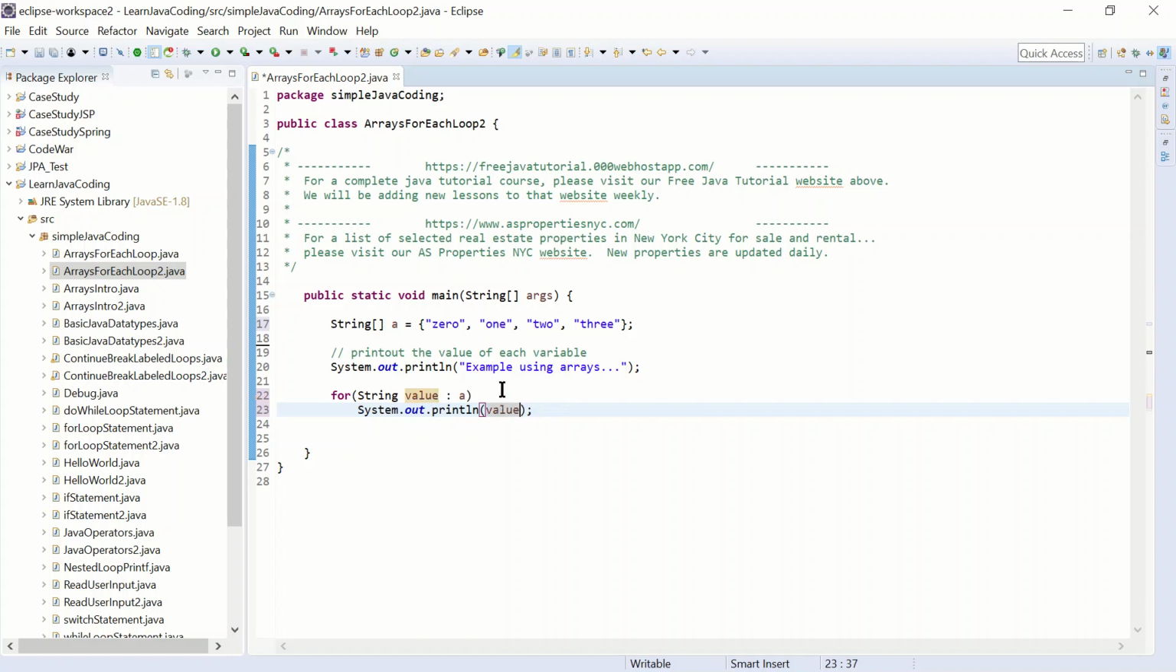So basically, this is called the for each loop. And basically it takes an array and it automatically loops through the array. For each element of the array, starting with element 0, it's going to load A0, the value of A0, into this variable. And the data type here has to match the data type of the array. So it's going to load the value of A0 into this value,